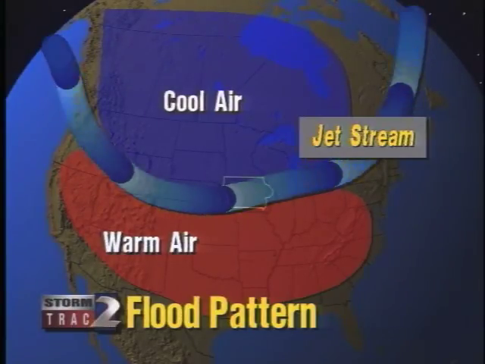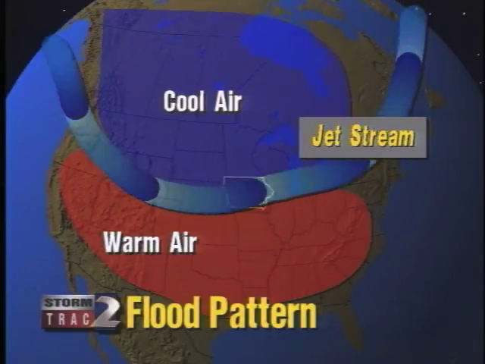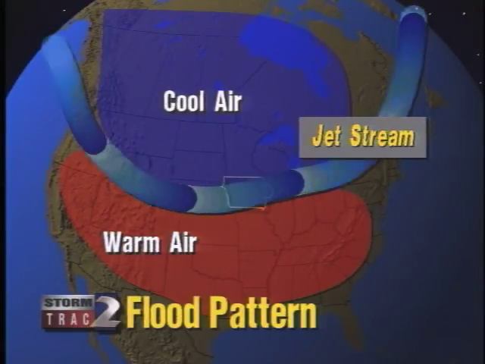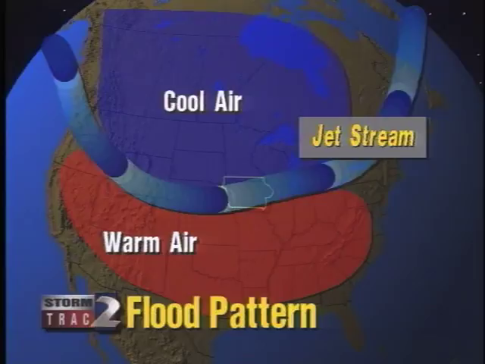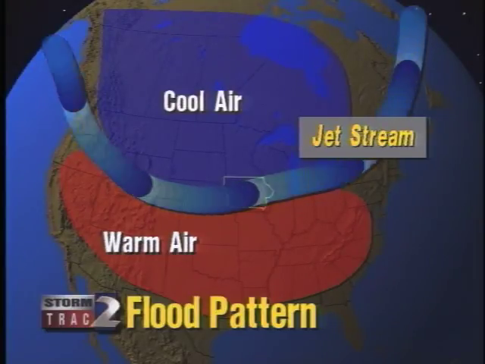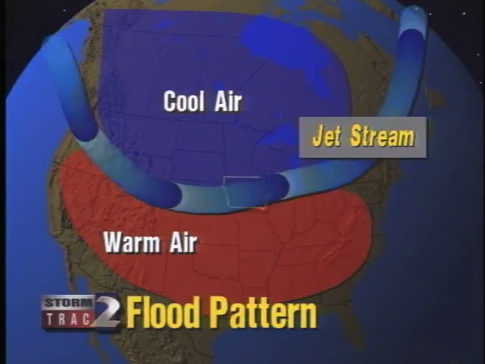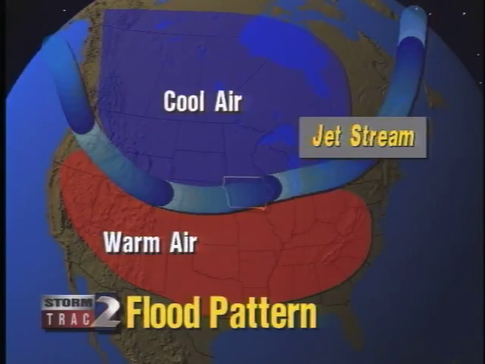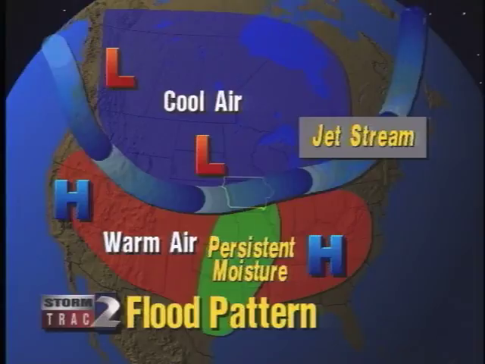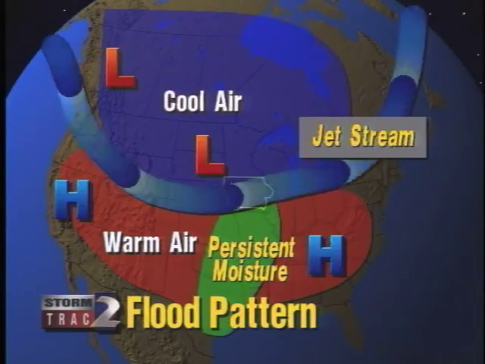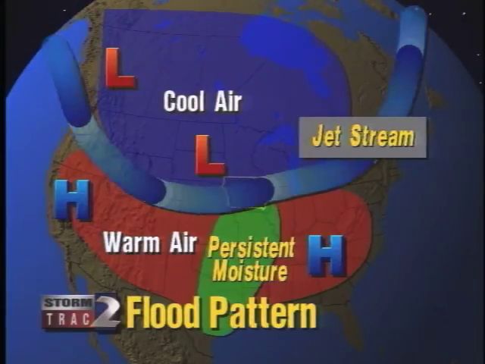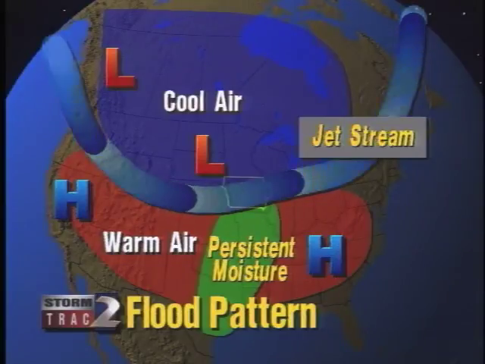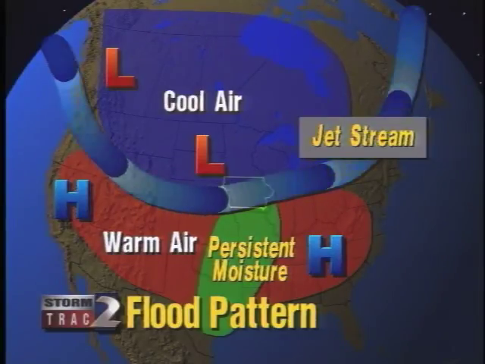A large area of cool air was much farther south than normal during the spring and summer months of 1993. The jet stream, located over the Midwest, continued to provide enough energy to produce numerous periods of thunderstorms. As a series of low-pressure areas moved through the region, persistent moisture moving north from the Gulf of Mexico inundated the Midwest with record rainfall and record flooding for a 3-month period.